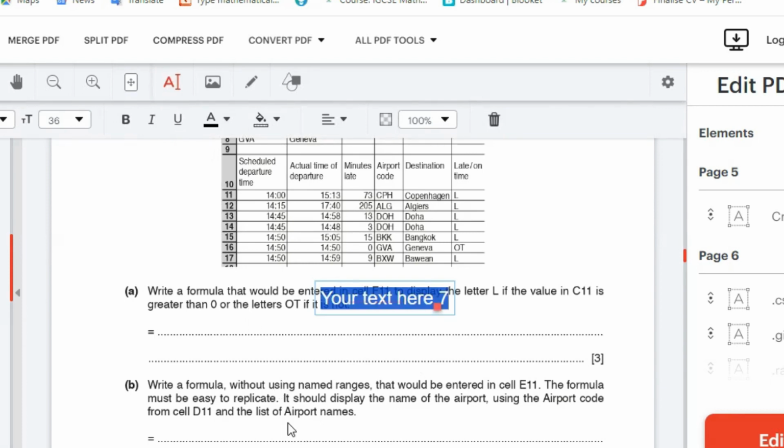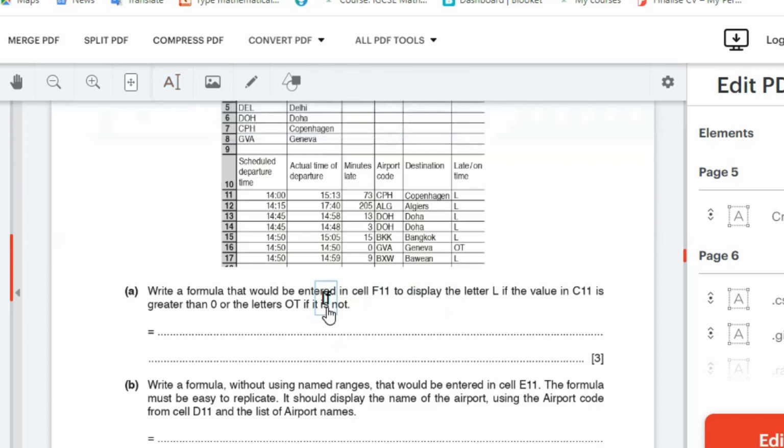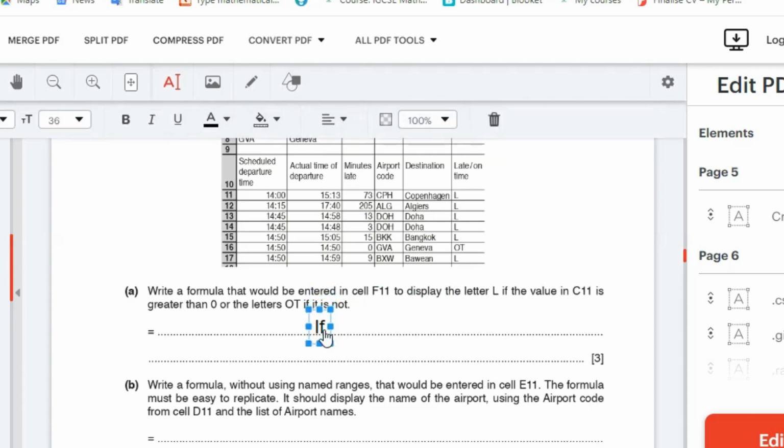We are going to use IF. Let me drag it somewhere you'll be able to see what I'm writing. Good. IF, then we open bracket. C11 greater than